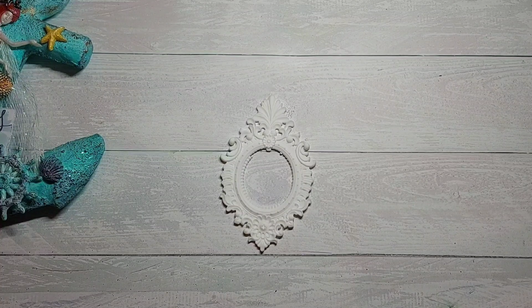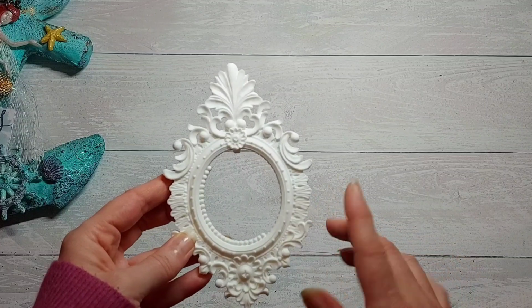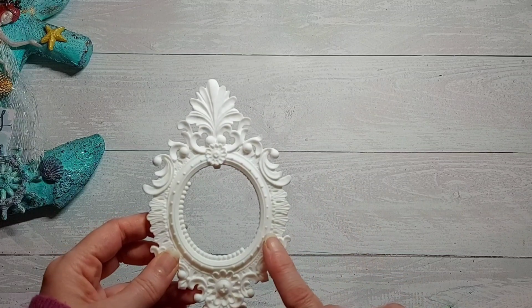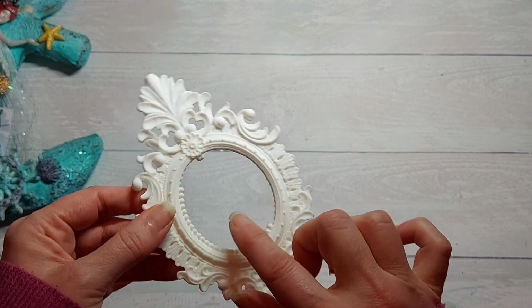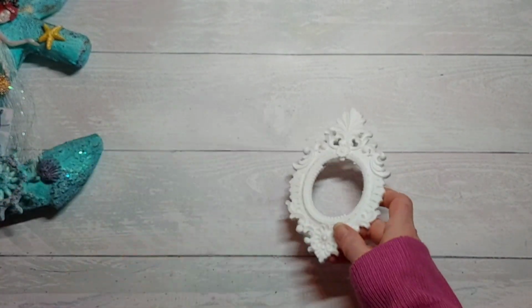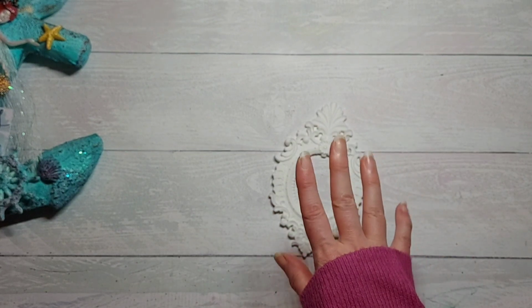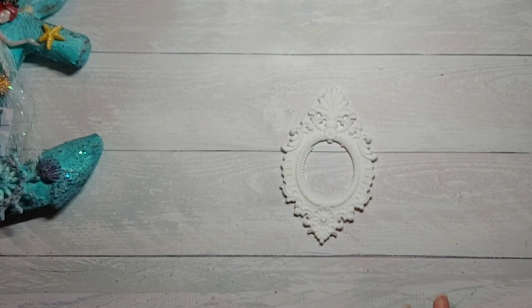Today's video is a mixed media canvas tutorial, but just before we start I want to show you this resin piece that I made using Finnabare's grungy frames mold that I got a few weeks ago. This was the first piece that I made using that mold and I didn't do a great job. As you can see, I've missed out on the beading around the middle, but I hate waste, especially wasting resin as it's so expensive. So I thought of a way that I can still use it instead of throwing it